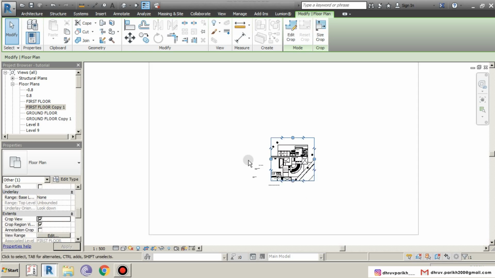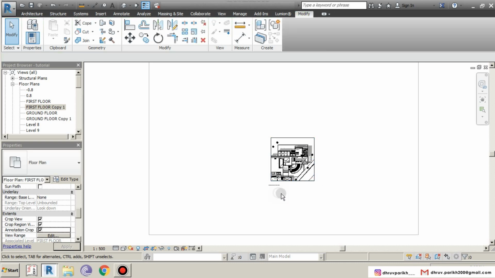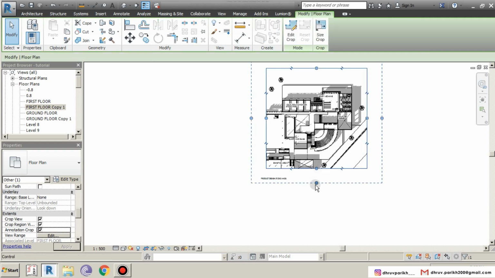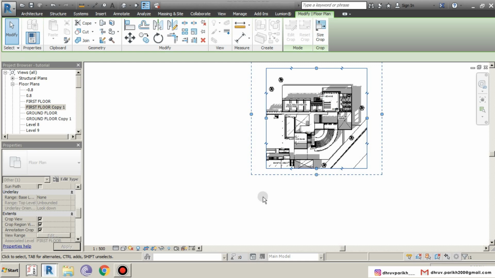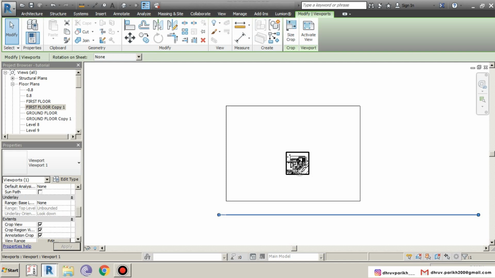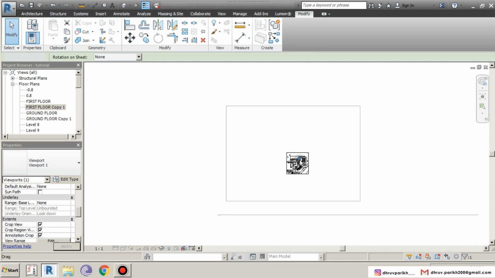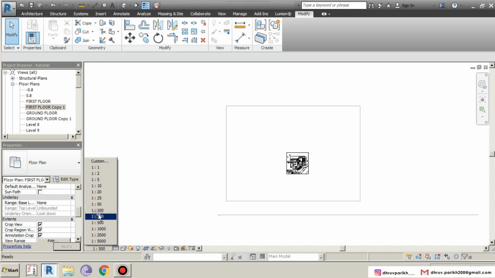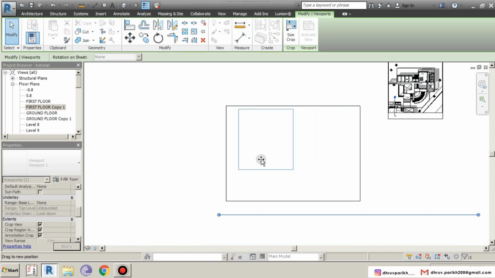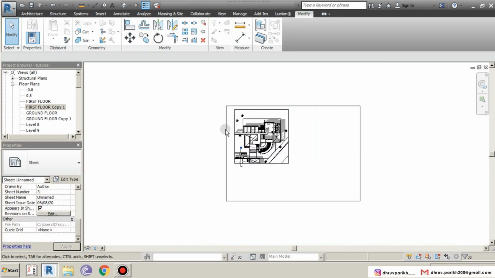Now you see the annotations and the labels are not cropped. To hide them, check this annotation crop box. So this dotted rectangle which you see here is actually crop box for annotations, and this label is still here, and I'll drag the extend like this to remove that. So I have the cropped plan ready, and I will once again double click on it to activate the edit mode and change the scale to 200. Double click outside and then move wherever you like. So I have this detailed plan ready.